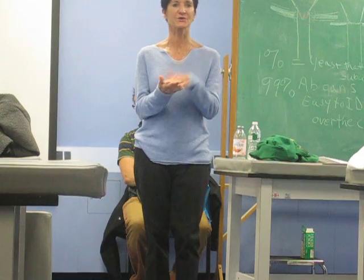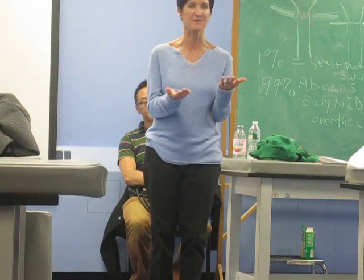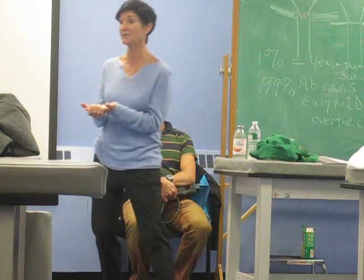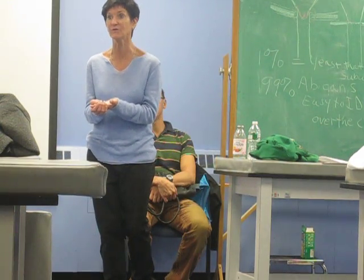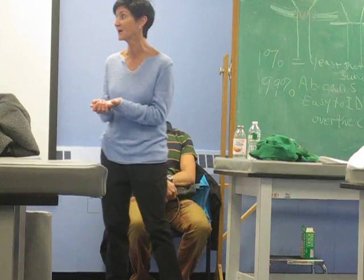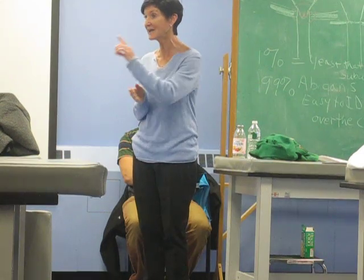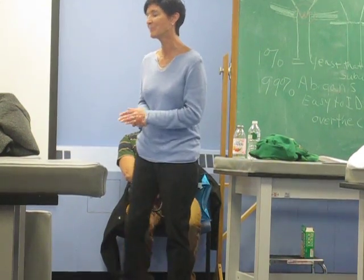We need to know first how strong the patient is before we can choose an appropriate weight. Obviously, if a patient is not able to complete full range of motion against gravity, I'm probably not going to start them off with a 2-pound weight. I might in gravity eliminated, but for the most part, when I think about picking a resistance of weight for a patient,